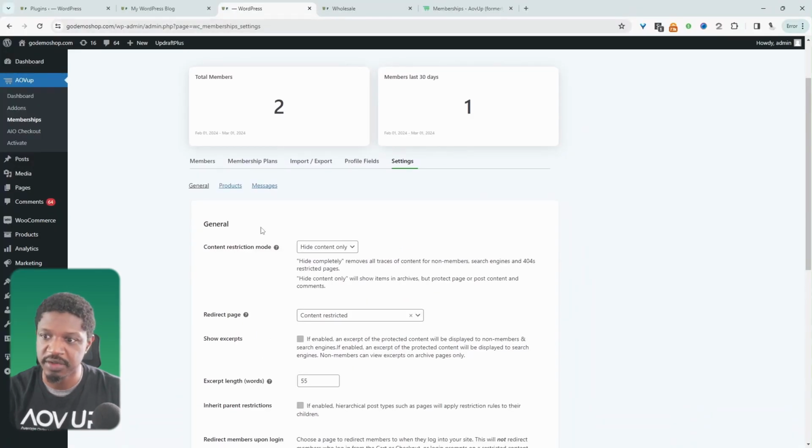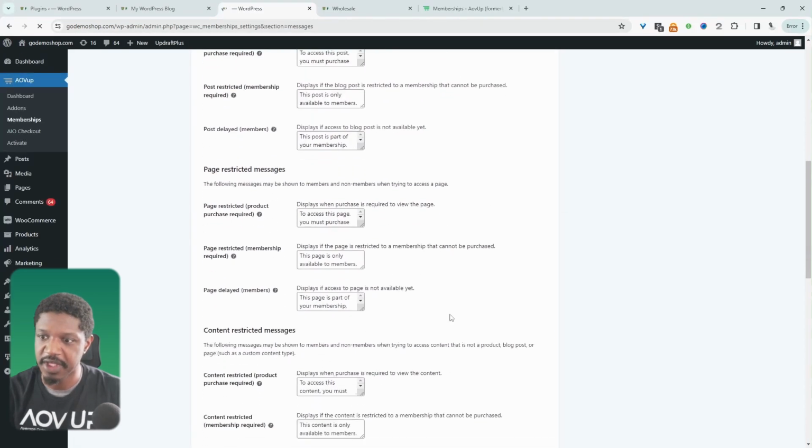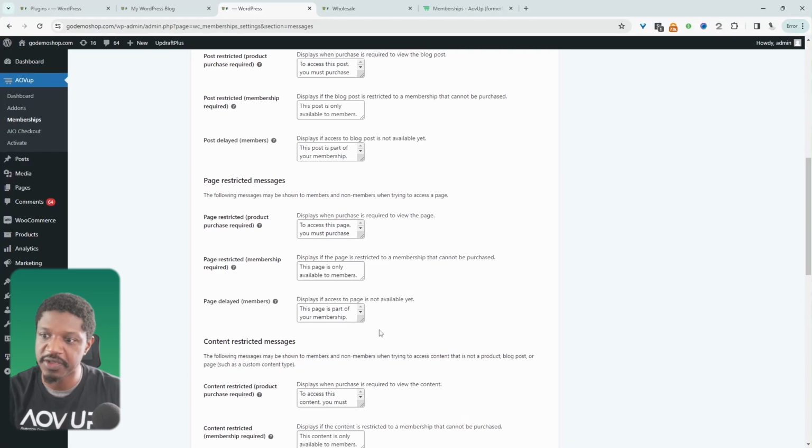Just as a final note, if you wanted to customize the message, we'll just navigate to settings and then we'll click on messages here. And then from here, we can customize the different notifications that the